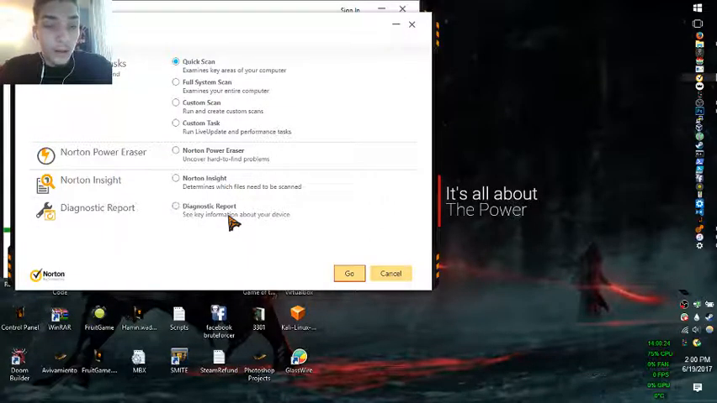Diagnostic reports show key information about your devices, so if you want to know the specs of your device, like your motherboard or something, hard disk, basic specs of GPU, CPU. I have an Intel Core i5. Your wireless dual band AC adapter, specs pretty much. So we'll do a quick scan right here,